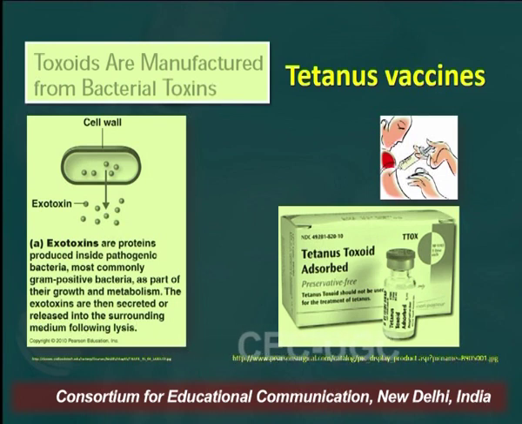So we can see in this diagram how these bacteria generally release these exotoxins, and these exotoxins are taken up, purified, and then chemically treated so that they don't cause any irritation or other reaction, but they retain the property of triggering the development of antibodies in the person in whom these are injected. So we can see the tetanus injections, the ampules, which are there. So these are basically the bacterial toxins which have been inactivated with chemical treatment,